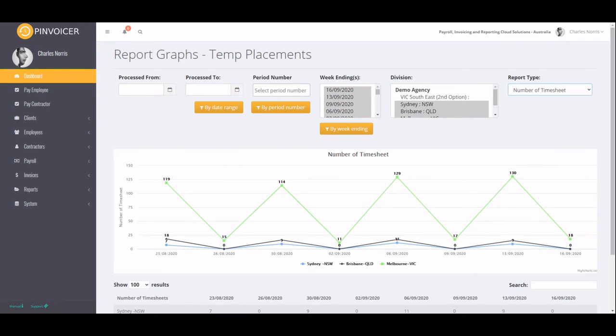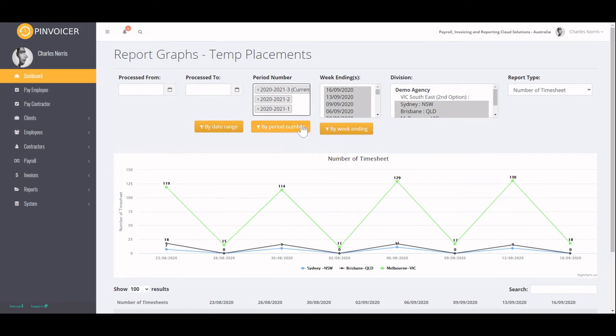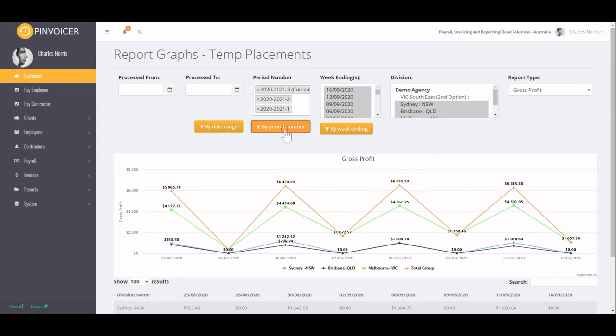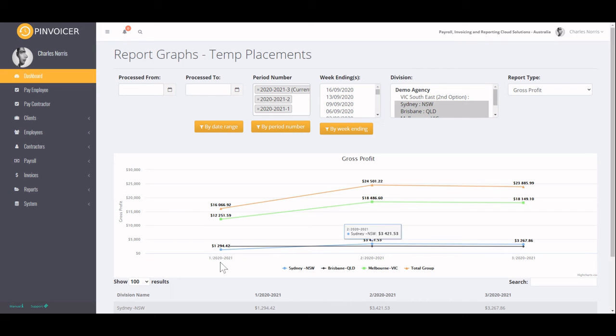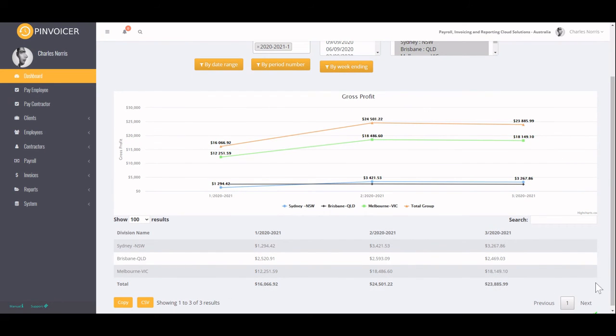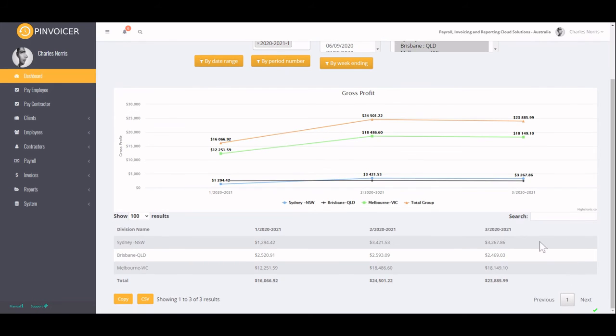So if I wanted to switch, in this case, I'm going to go, let's say, a period number, and I can just select multiple by doing that. So those 3 period numbers. And I'm just going to do the same data, but let's do gross profit and by period number. If I do that now, you'll see that it's going to graph that accordingly and show you each of those different week ranges, so period number ranges